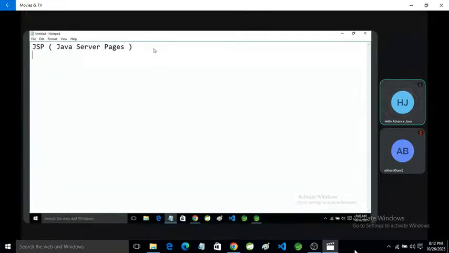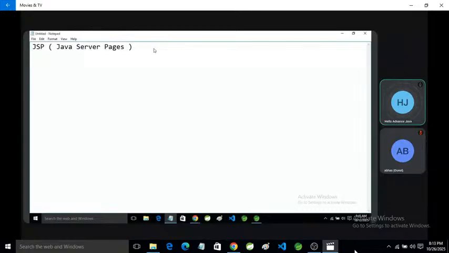JSP is just like HTML. It works on the basis of tags, and JSP also supports HTML tags. So if you don't know about JSP, you can also create a JSP file, because JSP supports HTML tags.